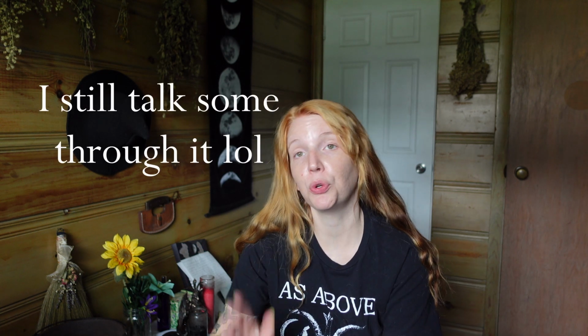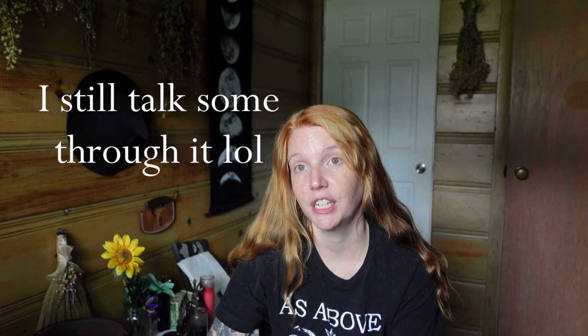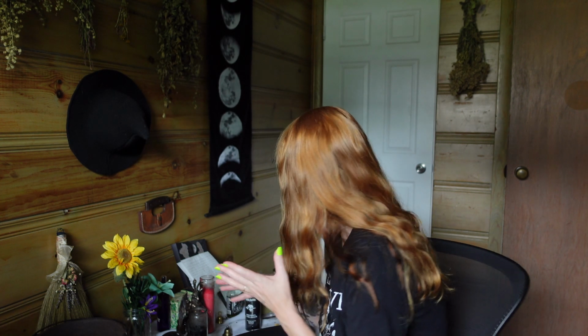I'm gonna say a few things just to let you guys know how I declutter the altar, and then I'll just speed through me decluttering my altar so that you guys can see the before and after, and the process of it as well. So when I'm decluttering my altar, lots of times it's because there's just stuff on it that I don't need. For example,